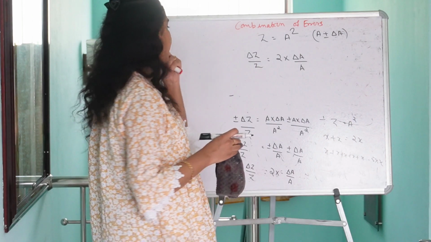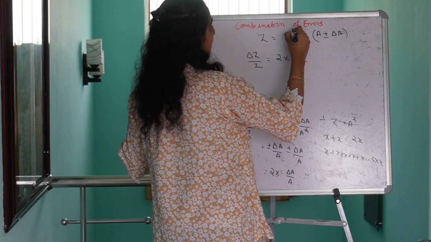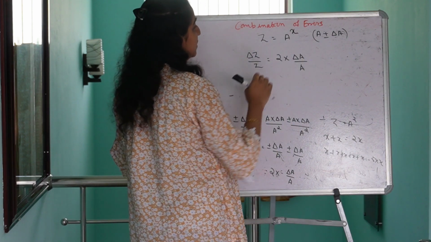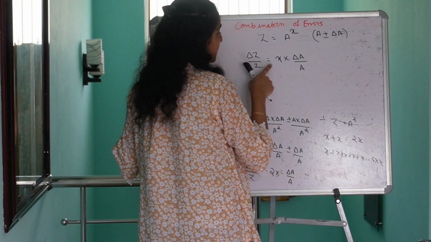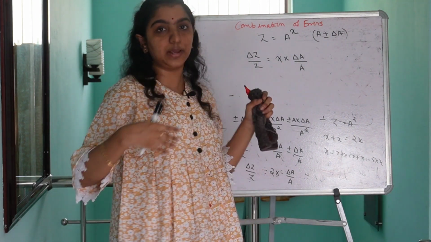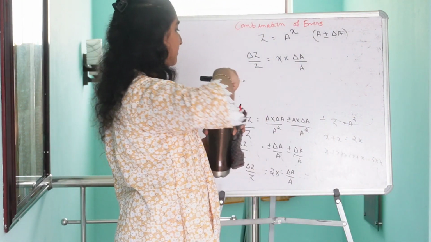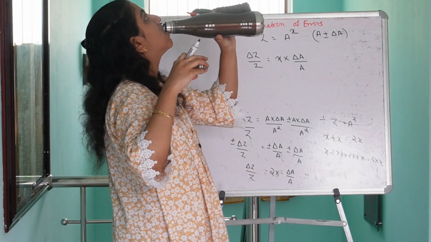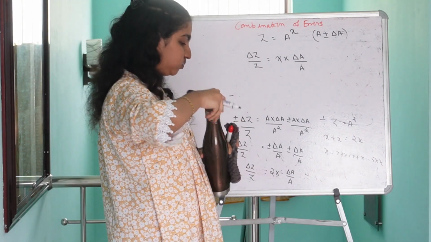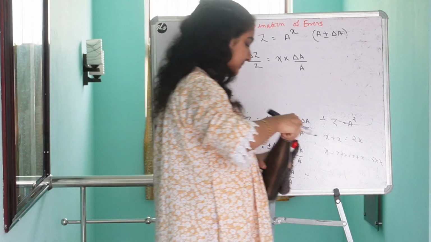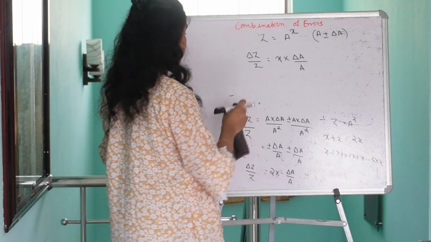Is it clear, guys? Yes. So how do we generalize? Suppose z is equal to a power x. I can say the relative error in the resultant z, that is del z by z, is equal to x into del a by a. So is it clear, guys? Yes, up to this. Now